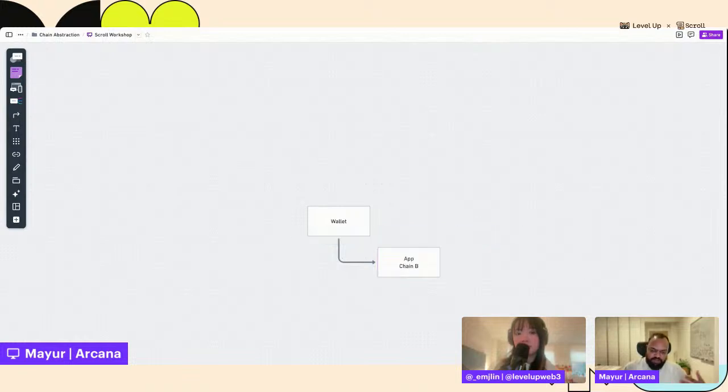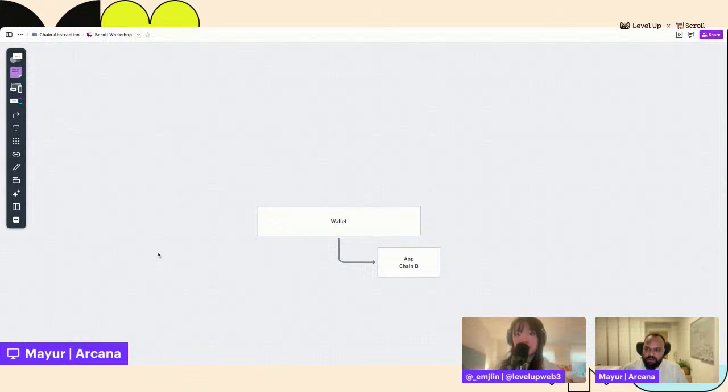So this has been the case so far. So builders building on Scroll will probably have a contract deployed on Scroll, have a front end, and there'll be, say, MetaMask that their users are using to connect to this app and spend the Scroll assets. Now, if you have to think of what sort of assets the user has. What if there's a new app that really blows up on Scroll, but the user does not have assets on Scroll, right? So let's say they have assets on some of the other chains that have been there for longer than Scroll has. For example, let's say OP and Arbitrum, right?